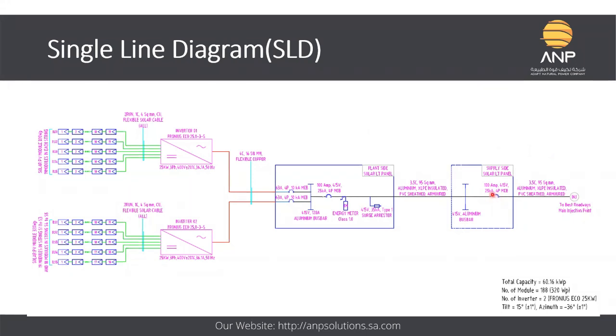So this is the data that you can get from the single line diagram. From the single line diagram you can get an idea about how many components there are and the specification of each component. For example, this is a breaker, so you can get the ampere rating, the fault current, and whether it's a 3 pole or 4 pole breaker. I mean, you can get the idea about the electrical components. So this is the SLD, and the SLD, the single line diagram, is important in an electrical system.